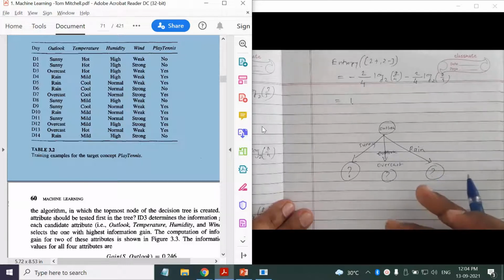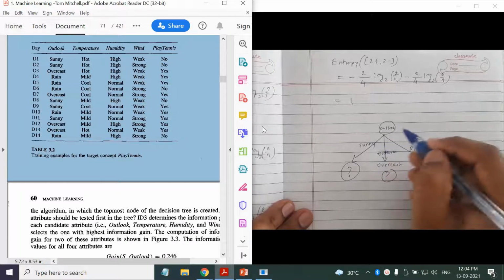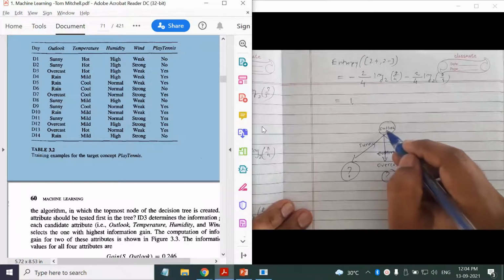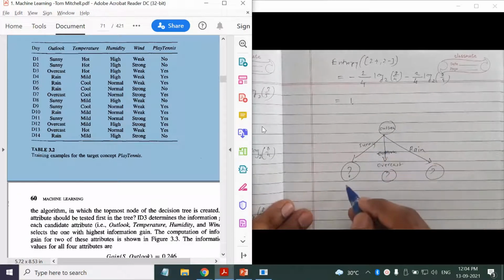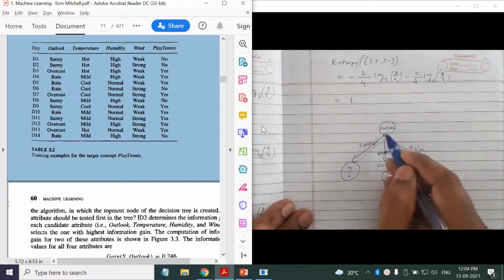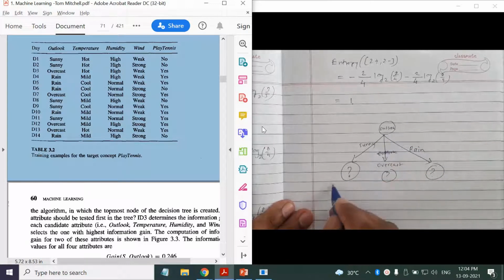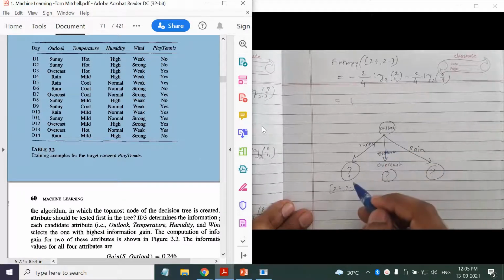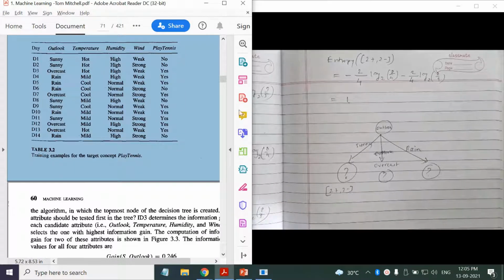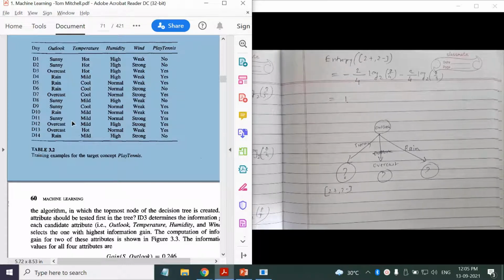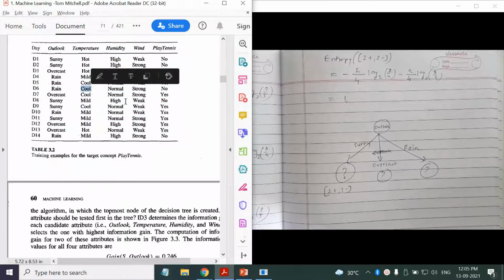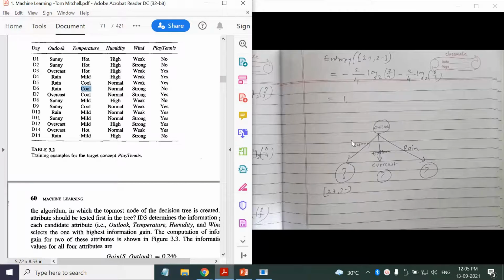Okay, now then we have to decide which attribute to be placed at this node. We have to repeat the procedure, but this time we have to ignore the outlook because we have already utilized the outlook attribute. Ignore that, and the examples will also reduce because this is the branch where outlook equals to sunny. ओके, और सनी के केस में हमें पता है कि 2 पॉजिटिव 3 नेगेटिव है. राइट. सो ओनली 5 एग्जाम्पल्स यू हैव टू कंसिडर, है ना. यहाँ पे देखिए D1, D2, then D8, D9 and D11 you have to consider. Okay, and ignore the outlook and continue with the rest of the attributes.